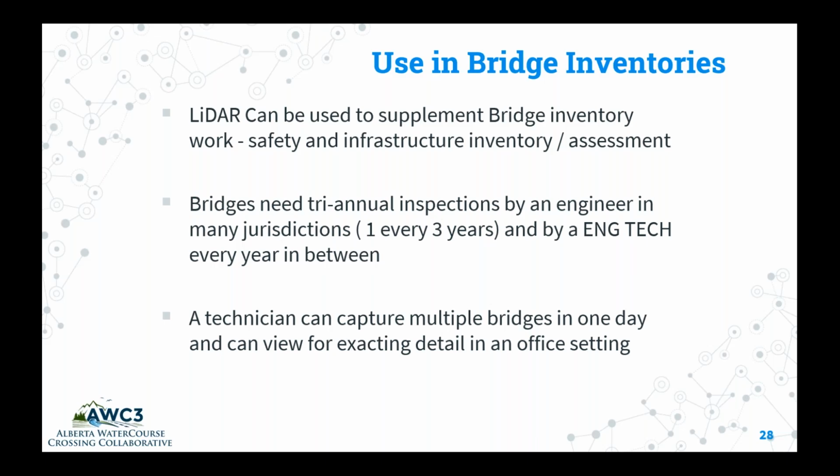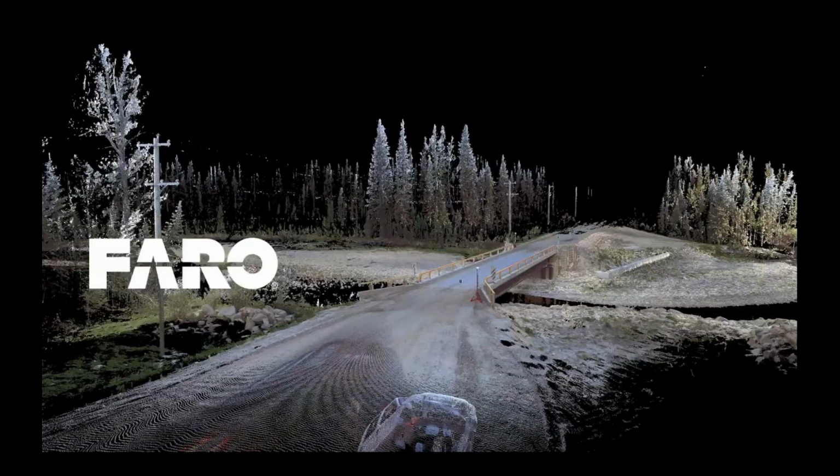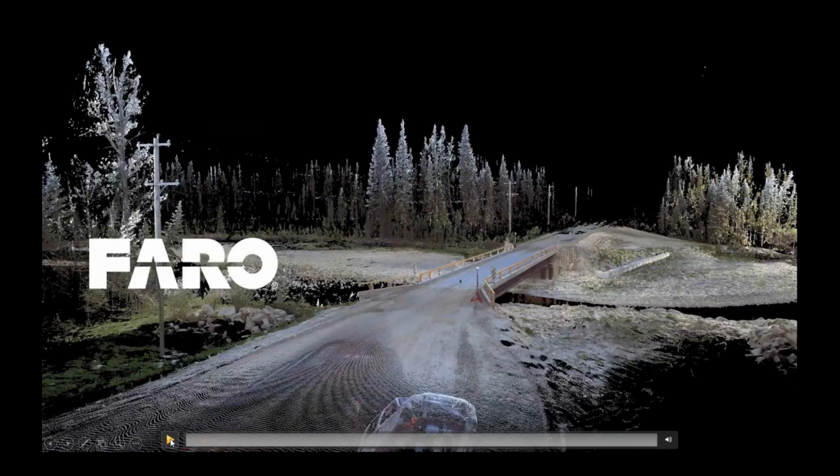Now, a technician who has a terrestrial LiDAR can go and do multiple bridges in a day and can view the exact details back in the office setting. It also provides a permanent record for your infrastructure. Here is another video of a Marsh Head Creek crossing, which is just west of Whitecourt.